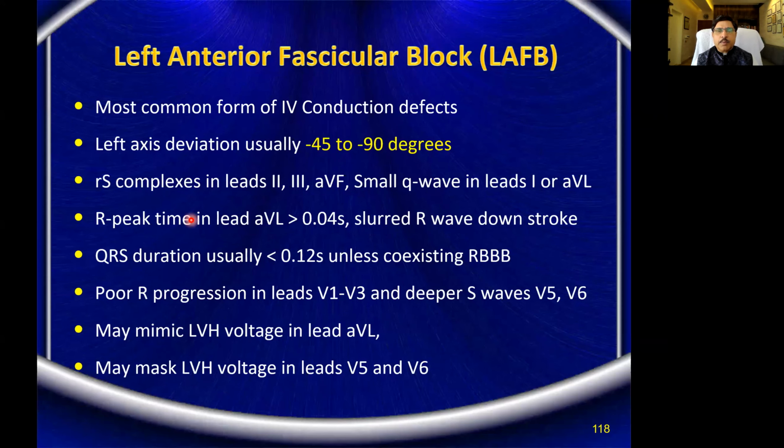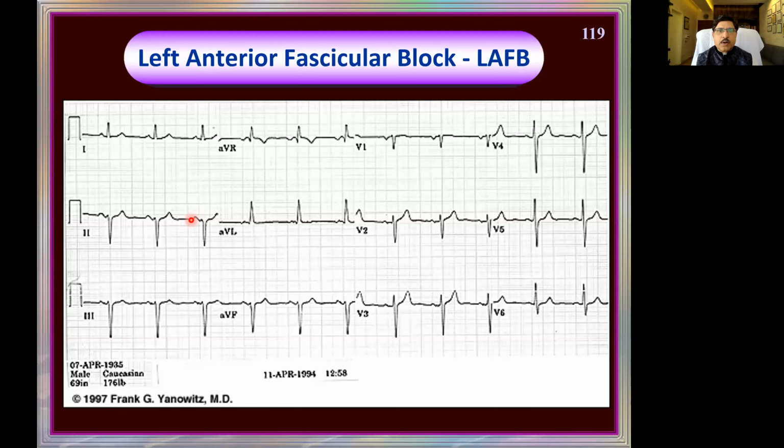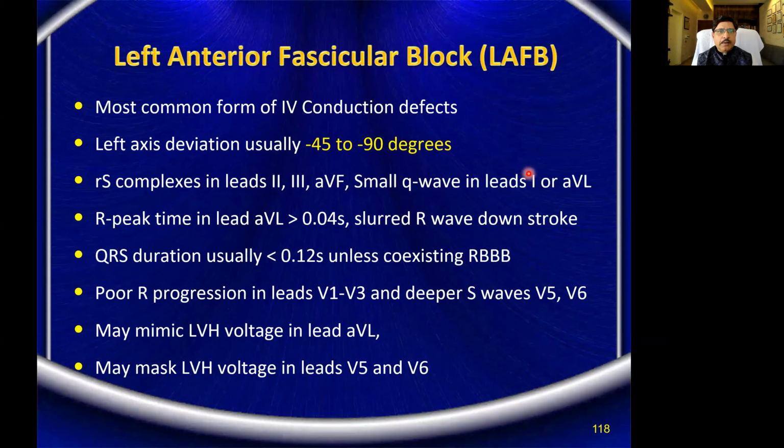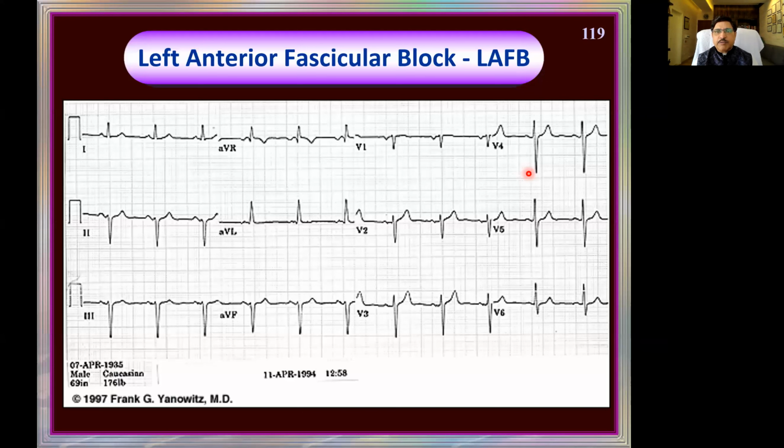Left anterior fascicular block suggests underlying ischemia. And the QRS duration is not widened. That is true. Now QRSs are looking normal, so they are not widened. That's okay. And then we have poor R wave progression V1 to V2. So we expect the R wave to be taller by now. The R waves are not progressing that much. In spite of V4 also, R wave is not very prominent.